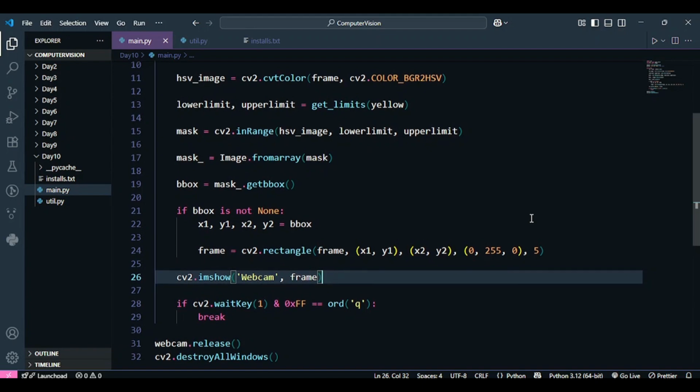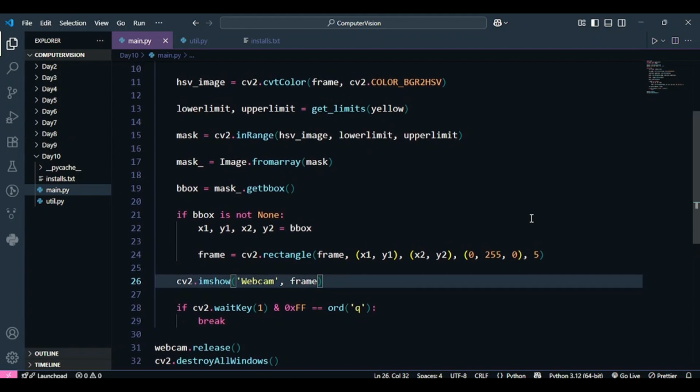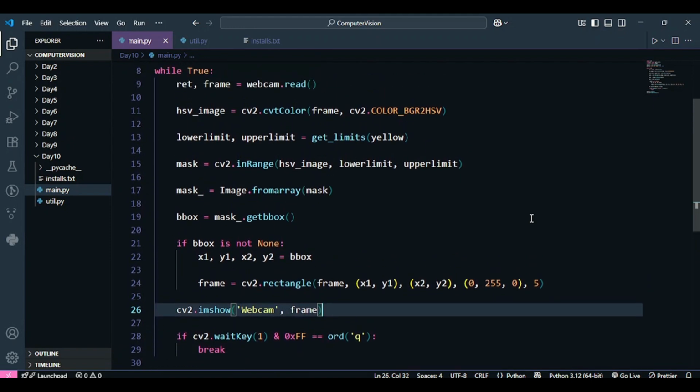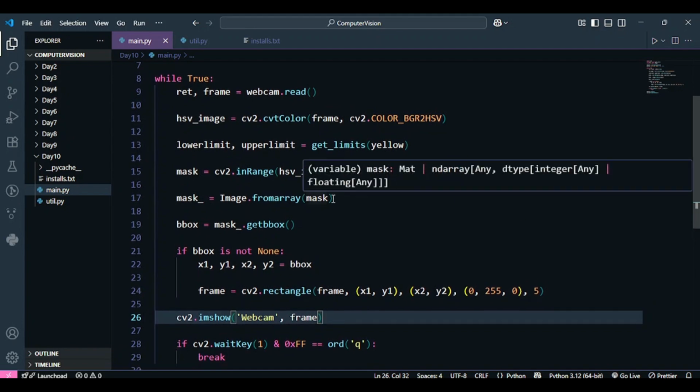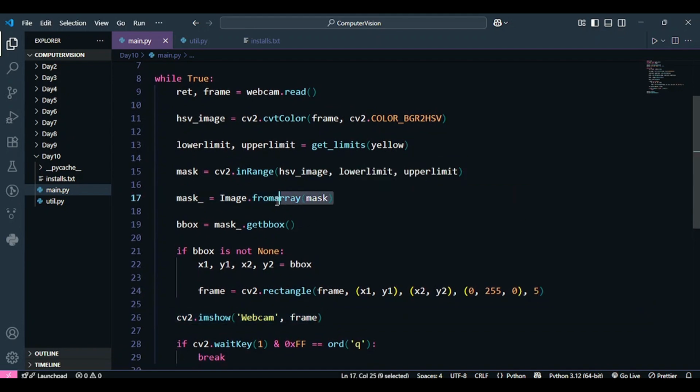This is a good approach if you're just a beginner, but if you're not a beginner and you're creating some big projects, then it's not a good approach to convert your numpy array into the pillow object to get the bounding box, because we have a lot of other ways that we can use to get the bounding box.